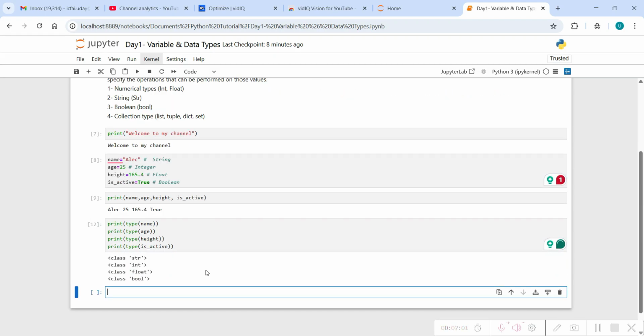Okay, if you want to go to the next cell from this one, you can simply press Alt plus Enter. So we know there are four types. Let's see if we are able to convert an integer to a string or a string to a float. Is this possible in some cases? Let's see that. For example, if I want to take the first name, which is already Alec,